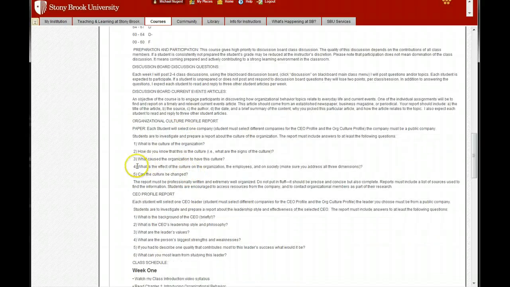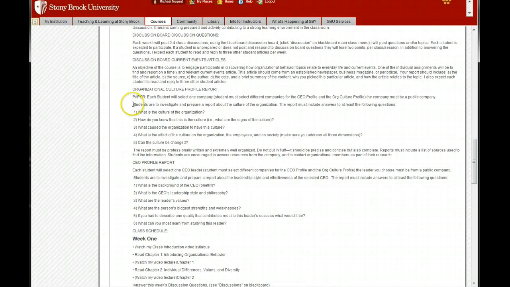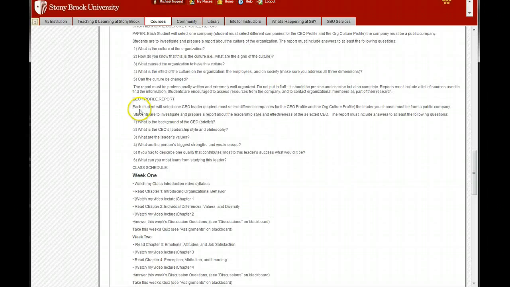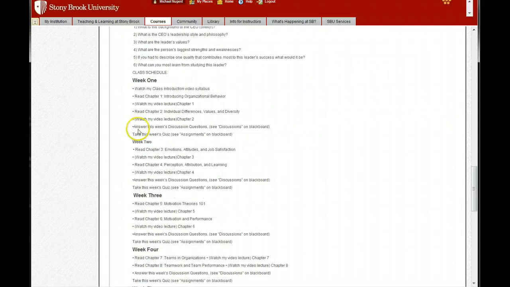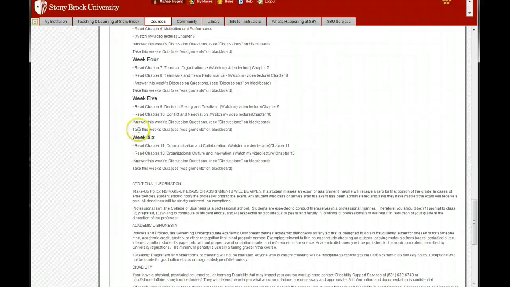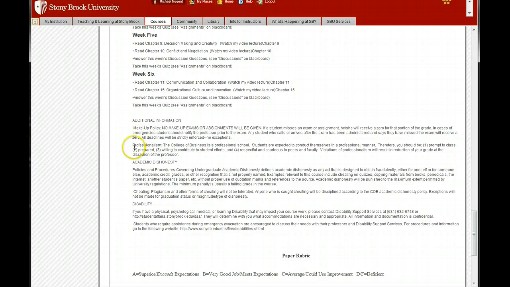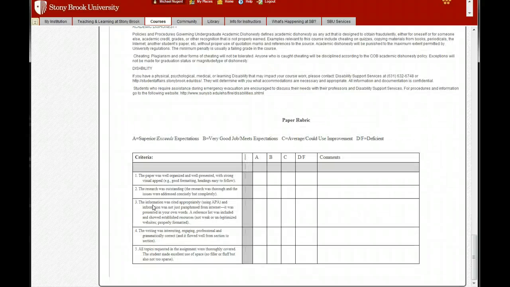I also have backed up here the same information from the assignments page on the cultural report and the CEO profile report, as well as the schedule that we're going to cover for these 6 weeks, and information on academic dishonesty. There's a no makeup policy for any of the assignments or quizzes, and any disability policies that the university has. I have a rubric of how I will be grading your 2 papers.